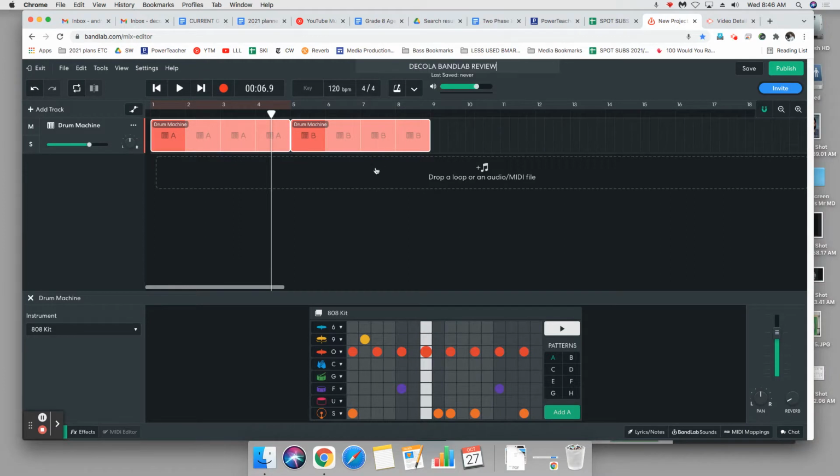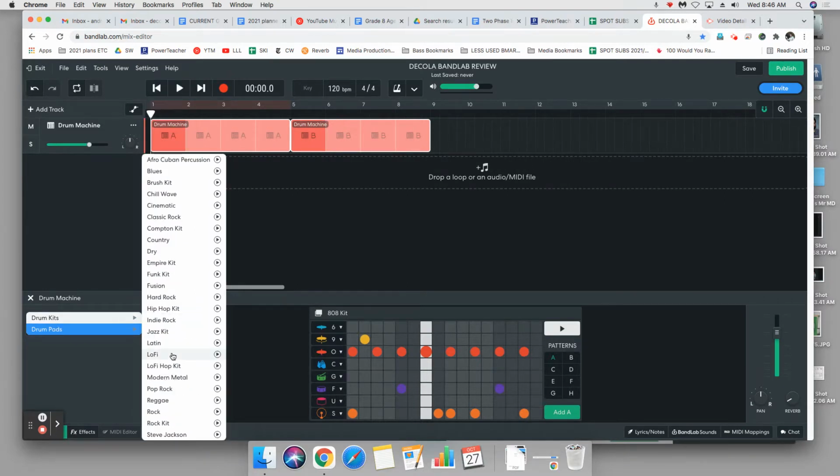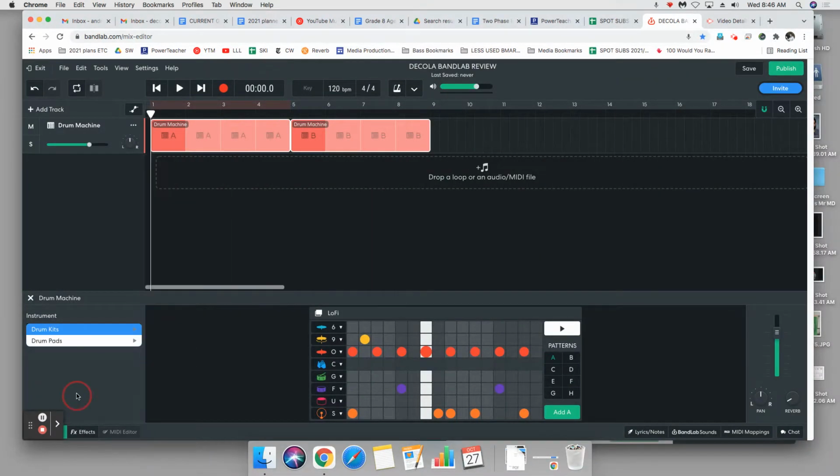Now, we've set our drum set up, okay? I've decided to go with the lo-fi kit. Nice, okay? The lo-fi kit. Is that what I wanted? Sure, yeah, the lo-fi kit. Now, that doesn't mean that you have to roll with what this down here sounds like, okay? So I can add extra snare drums, I can change the bass drums, but why don't we all start from